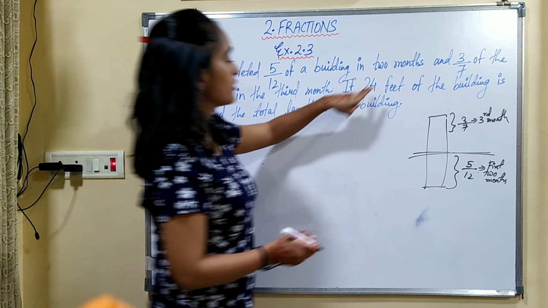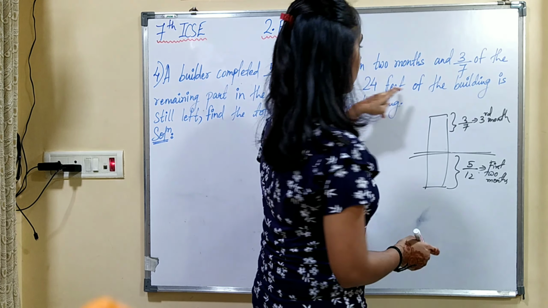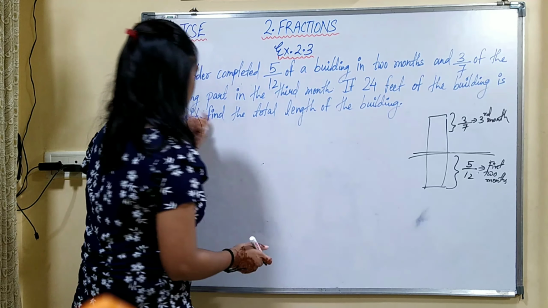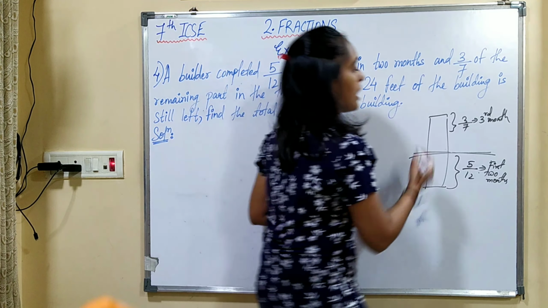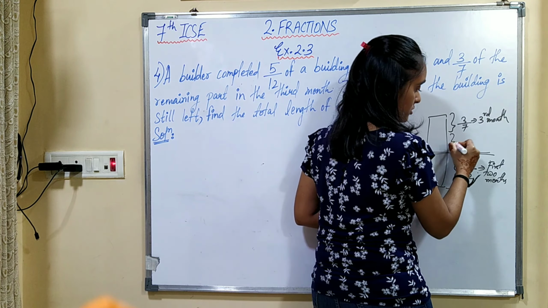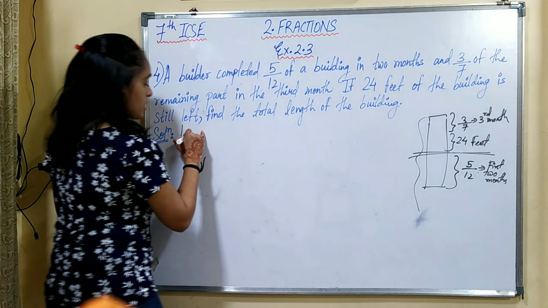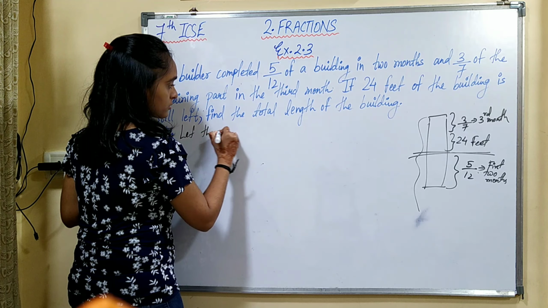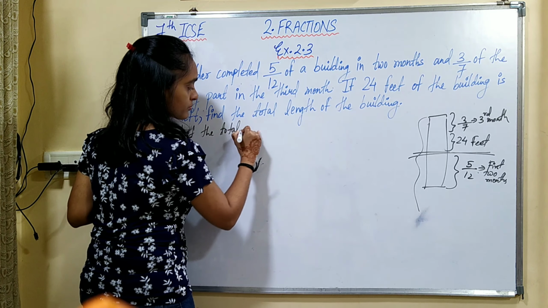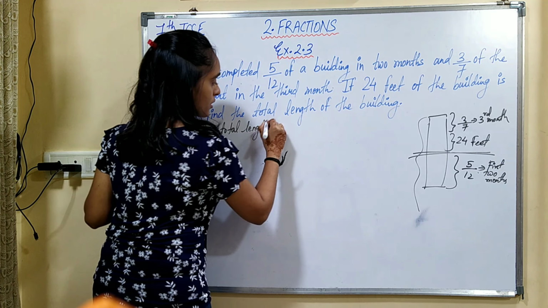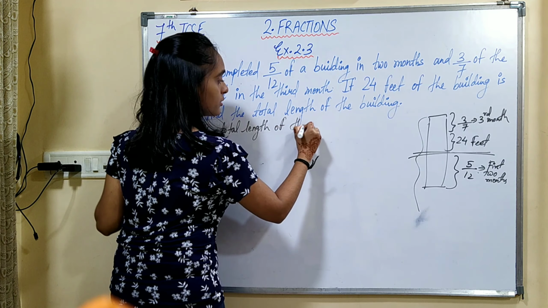And if 24 feet of the building is still left, find the total length of the building. And after doing such, still 24 feet are left. So we have to find the total length of the building. So let the total length of the building